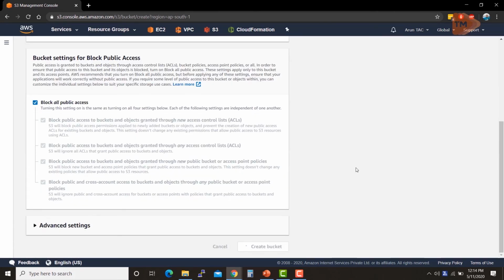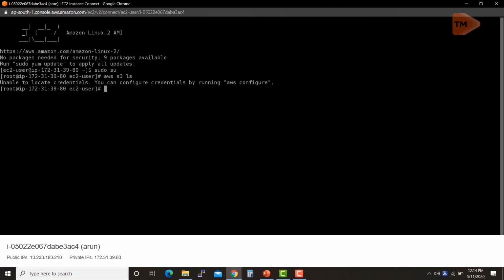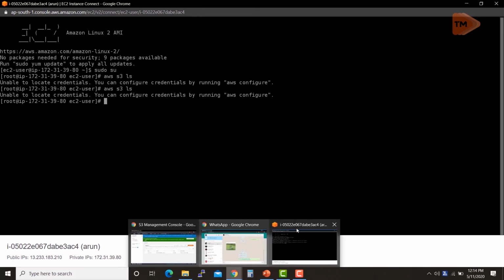I'm giving it a random name which should be unique. So I did create a bucket now. That's a unique name. And even if you now do aws s3 ls, it should give you the same error. Now I'm going back to my console,